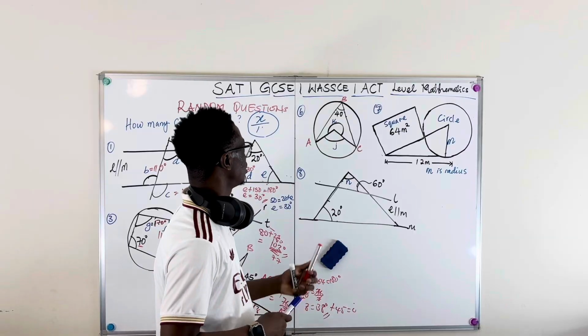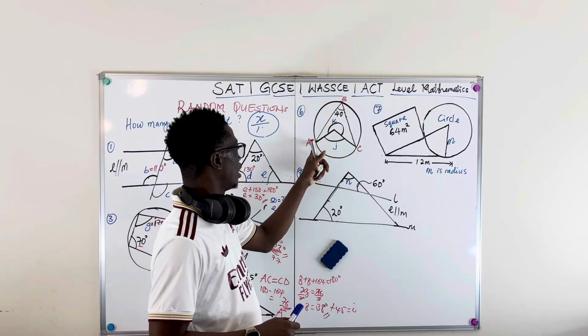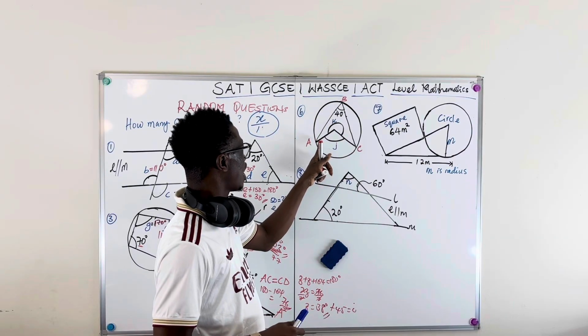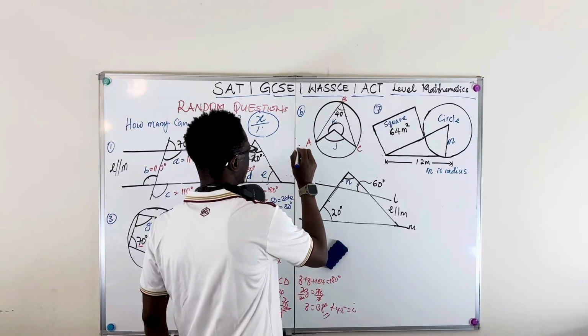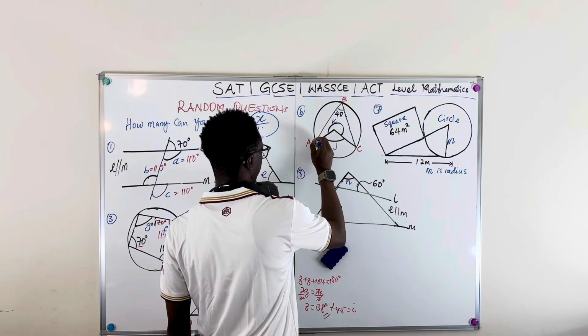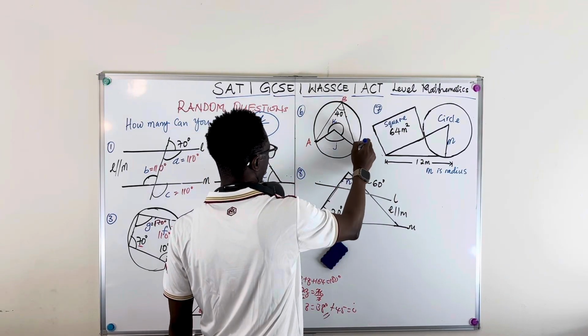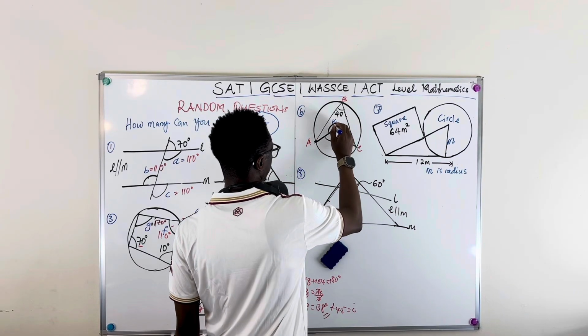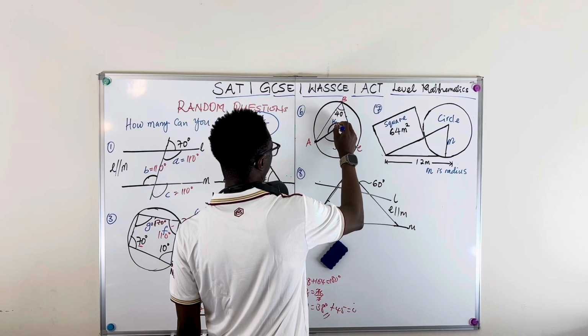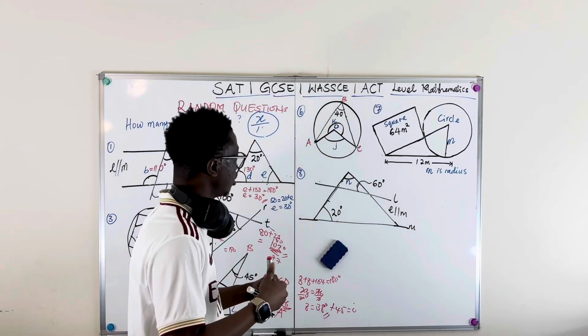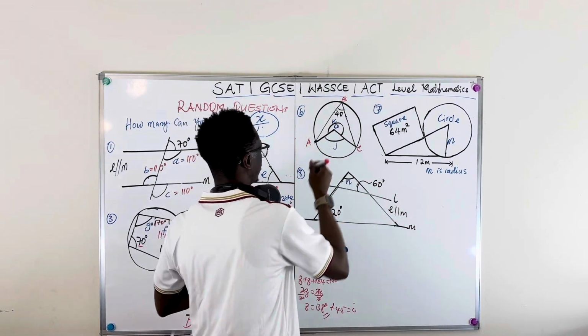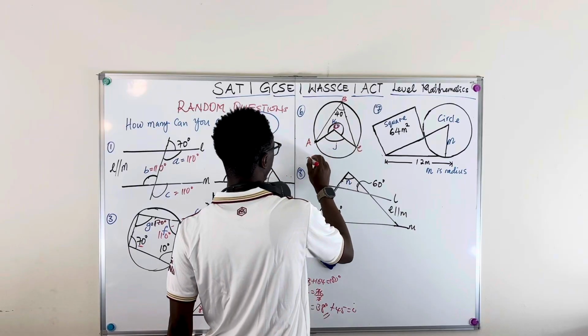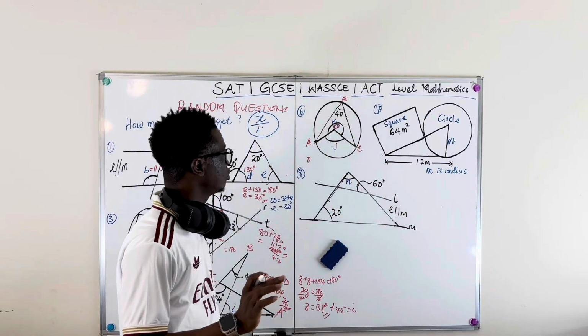So it says that when you have, look at this, this line starting from here, comes here and ends here, right? You have this other line starting from here, comes here and ends here. So say this is the center. O is the center. I should have put that one. O being the center, I should have put O here. Now that you know O is the center, you say